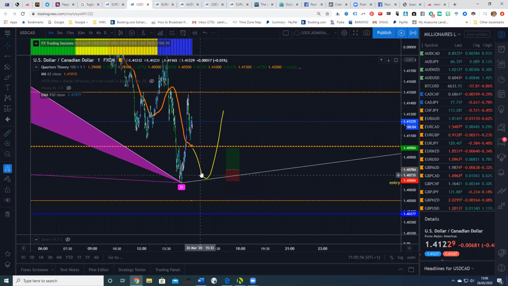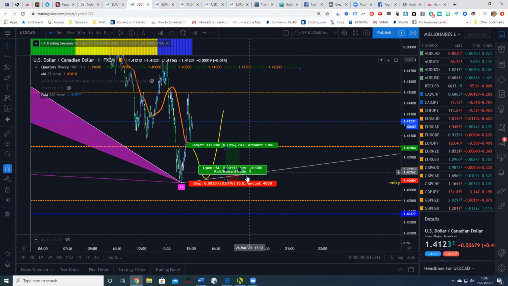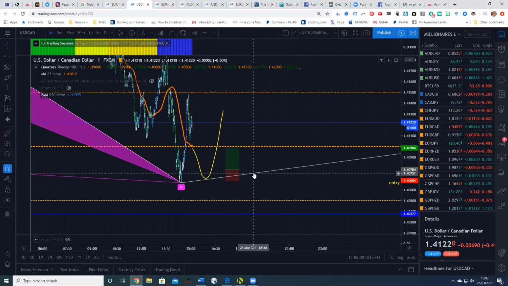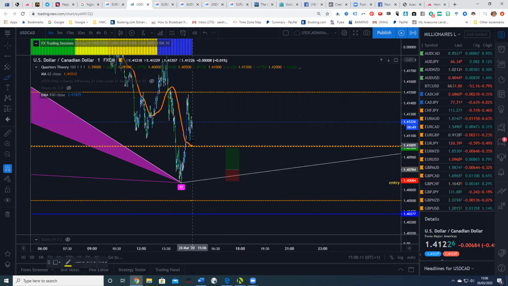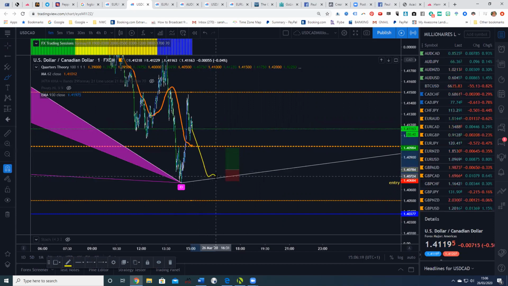Then you can see why I would want price to turn before I get into it. Normally I'll be pinging right off on the break and the retest. Let me get rid of that. So this is what I'm looking for to take this trade. So price to come down, break, retest, and then enter. And if it does that,